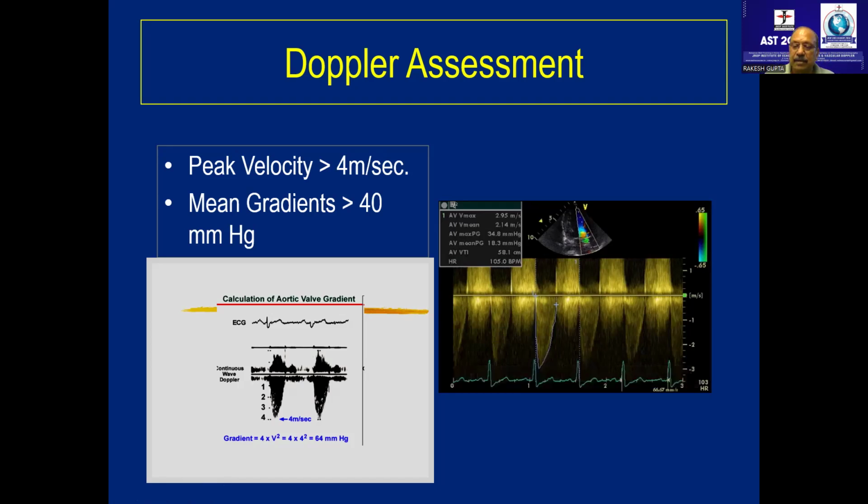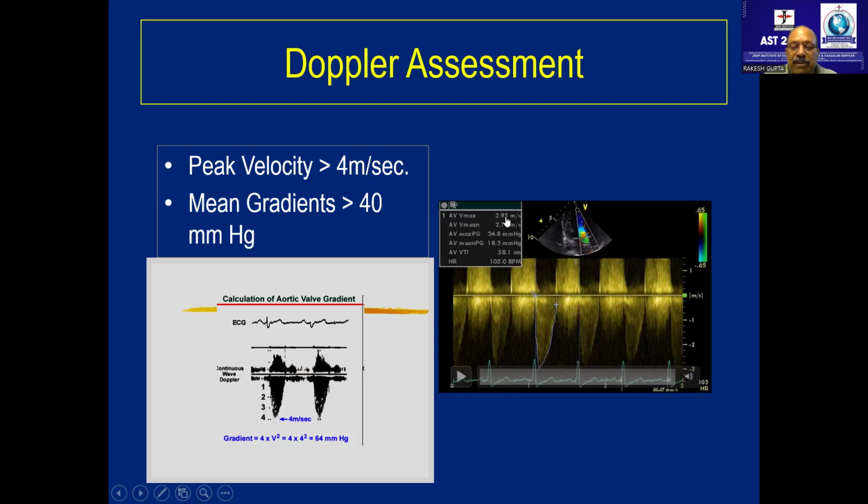Yes, sir. So once you look at the Doppler flow pattern by continuous wave, it means you are looking for velocity across LVOT, aortic valve, through and through all segments across this line. And this aortic valve velocity, you trace this aortic velocity, peak velocity is more than 4. If you trace this mean velocity, mean gradient more than 40 millimeters of mercury, and whatever you get a velocity time integral, look, it's 58.